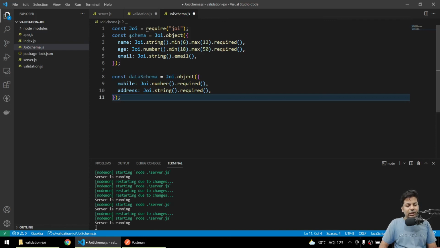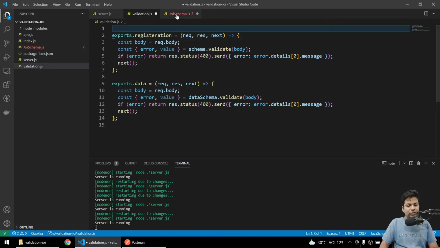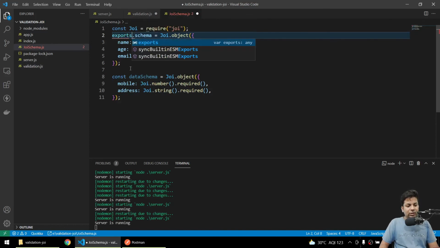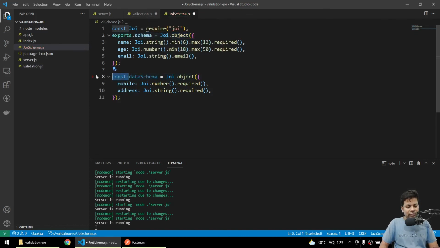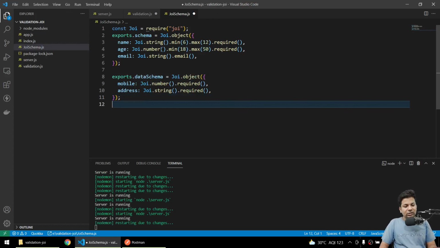Now here we'll say the same as there, exports dot schema. Here also we'll say exports dot schema. You can export it in the end with module dot exports as an object of key value pairs. That's also possible, but I prefer this way because you just get everything in one line. Now we'll just save it.